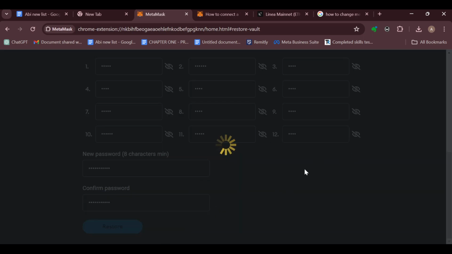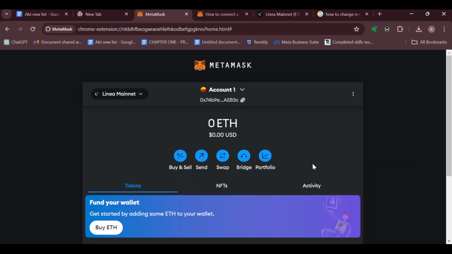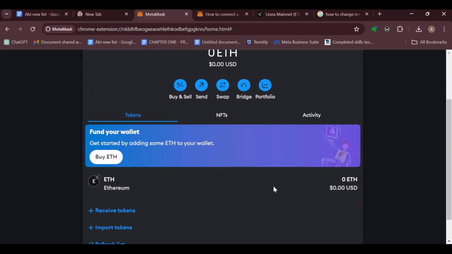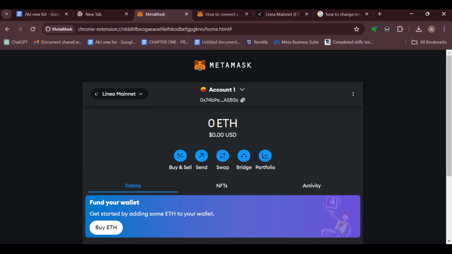All right, wait for it to load. Okay, and then once it has loaded, your account will be opened and your password will be changed. So this is how it works. This is how you can change your